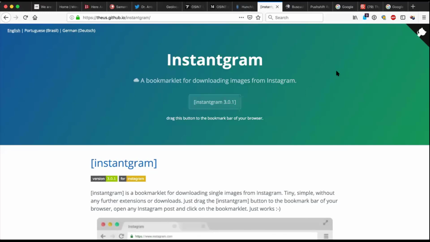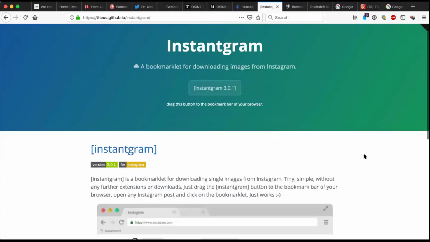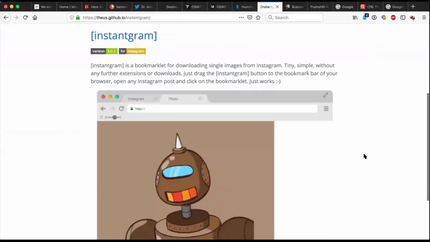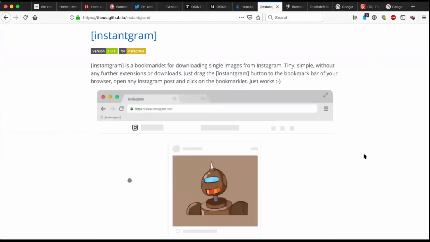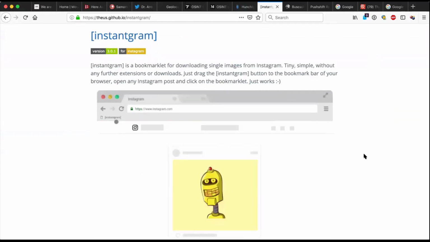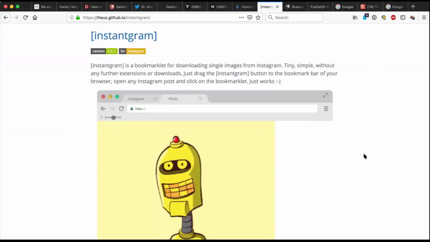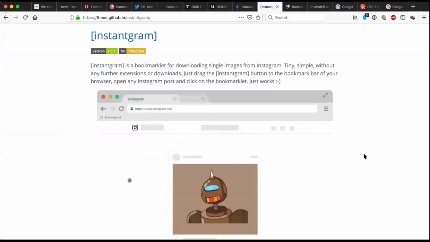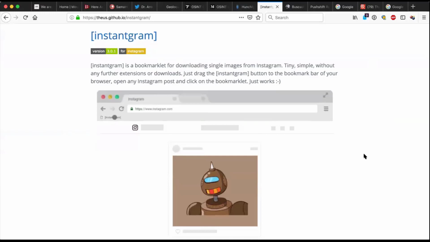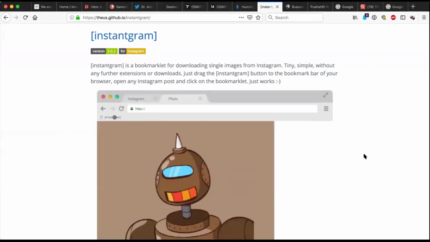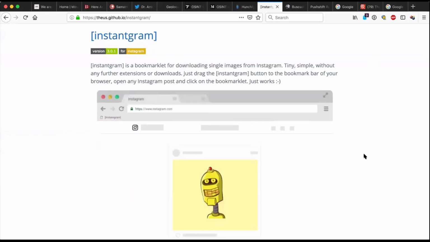Well, this is something similar. I know a lot of people want to have the full-size picture when they go on investigating on Instagram. This will give you a bookmarklet. Once you press the button on Instagram when you're logged in, it will give you the full-size picture you're looking for.